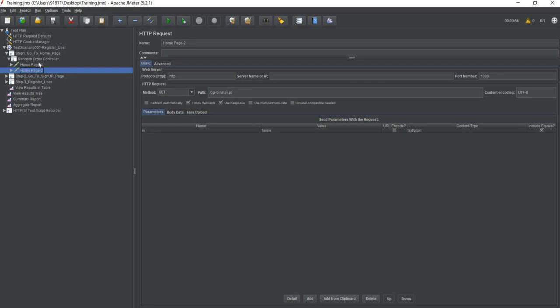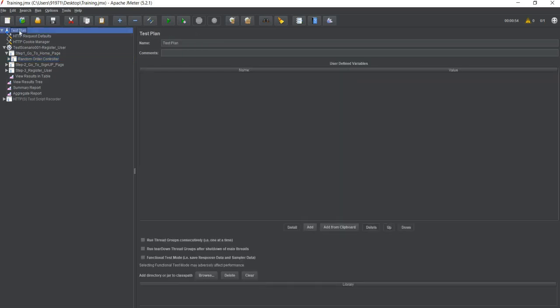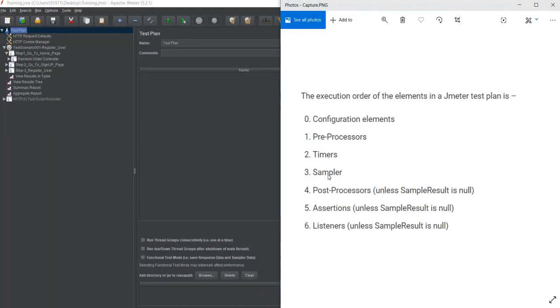Similarly, there are other controllers also. There is a parallel controller also. For example, you need to test a dashboard, and there might be a case where you need to send 10 requests in parallel rather than sequentially. So you can use a parallel controller to send the 10 requests in parallel. But the understanding is that JMeter follows everything hierarchically, and it has specific kinds of controllers, config elements, timers, assertions, samplers, preprocessors, postprocessors, and listeners. These are the basic 7 types of elements in JMeter.